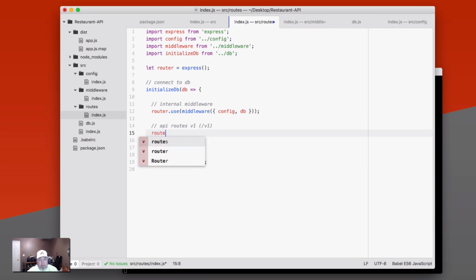So the way we're going to do that is we're going to take our router object, which is this instance of express right here, and we're going to say .use, and then we're going to say /restaurant. And then we're going to say restaurant, and with destructuring, we're going to specify config and db here. Now this restaurant hasn't been added yet. This is going to be a controller that's going to control